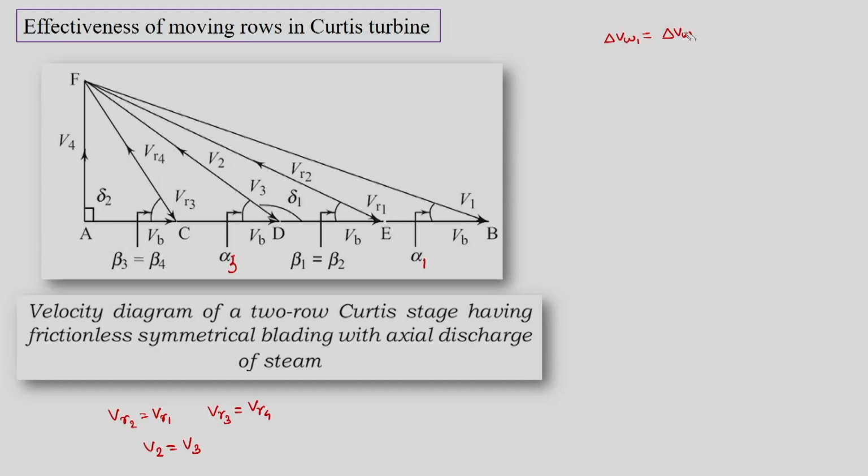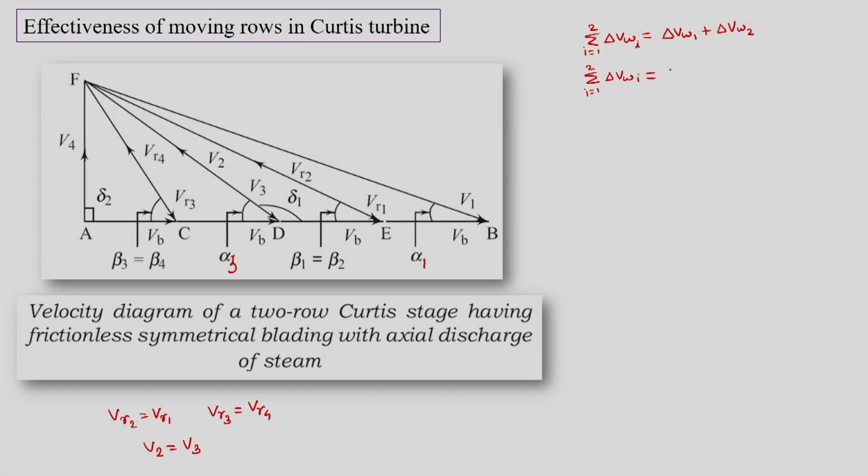We need sigma i equal to 1 to 2 of delta VWi, and it is equal to delta VW1 plus delta VW2, and for us we know that this sigma delta VWi